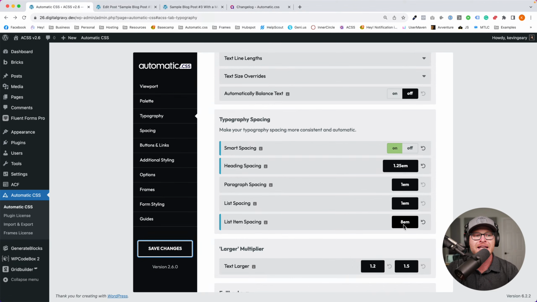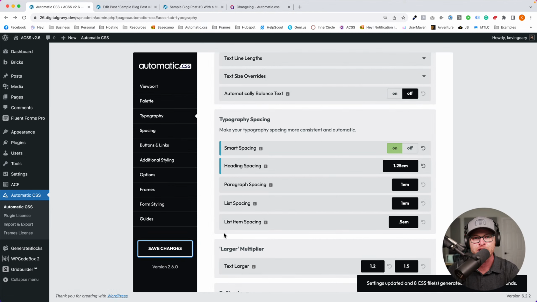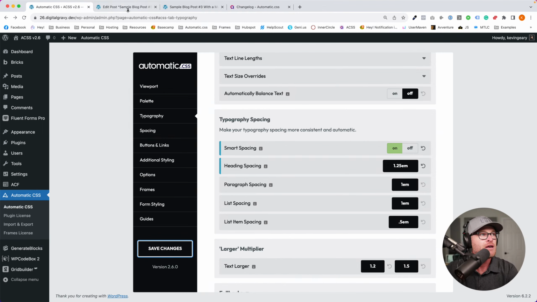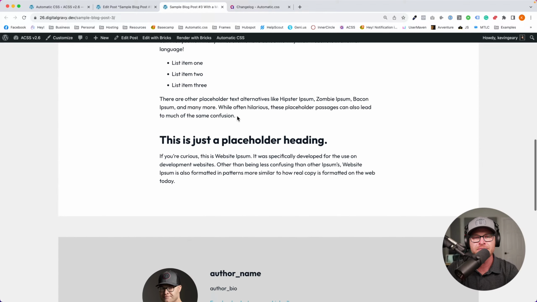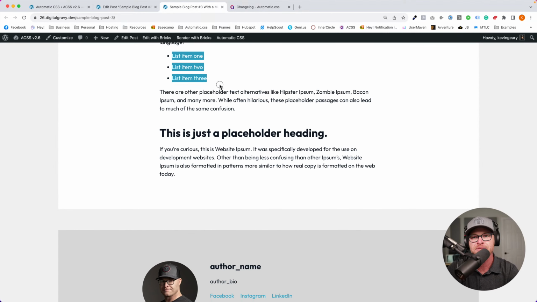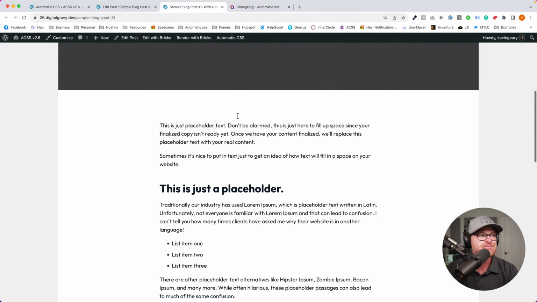Okay, that's just an overview of why it's called smart spacing, because it doesn't just apply some dumb margin top to everything or margin bottom to everything. It looks for adjacent siblings and it applies the spacing between those siblings. Okay, so that's really important, because you couldn't do that before. You would have to write custom CSS to achieve that before, and now you don't have to write custom CSS.